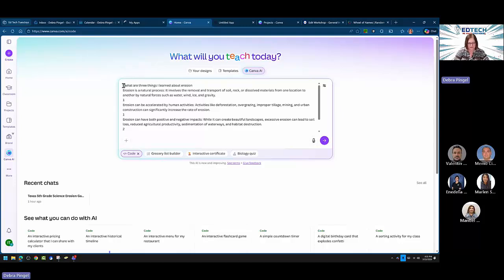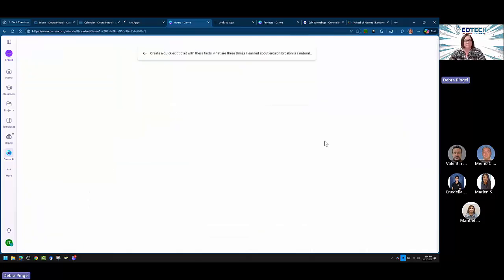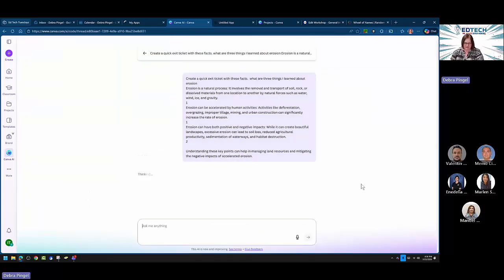So let me just put, create a quick exit ticket with these facts. Okay, now we're going to get the code. Sorry about that. So now it might take a little bit longer than what we have, and maybe our activity would work. I don't know if anybody tried the link, if it let them go in. It just created a little 4-question quiz basically, but it was like a coding activity. And it might take a minute or so